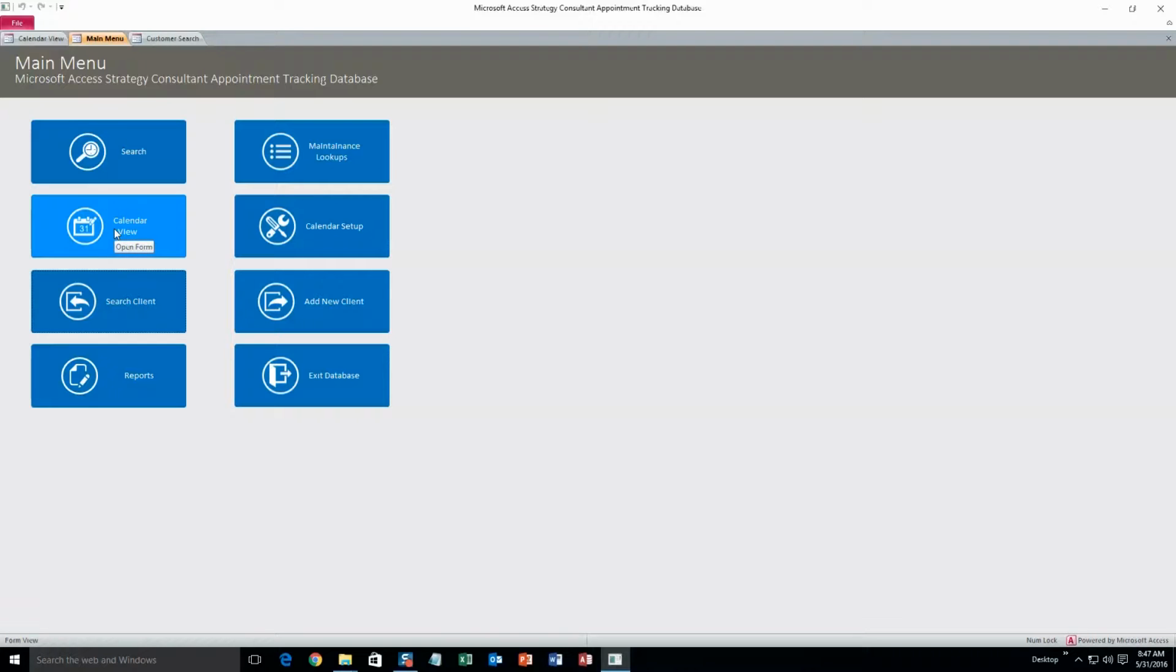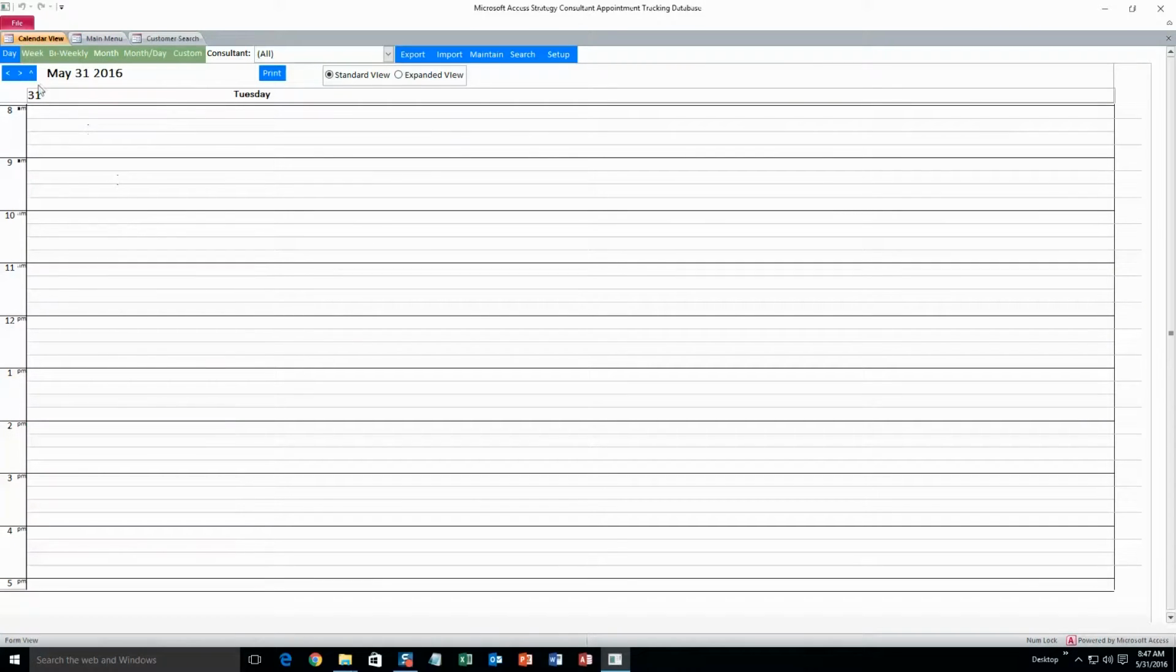To do that, go to calendar view. Okay, and this will be the starting day. You can change days if you want to by hitting the left or right arrow keys, or you can hit the up arrow and you can select any day out of the year that you want. But we'll just do today, and we'll make an appointment for noon, and to do that just double click on